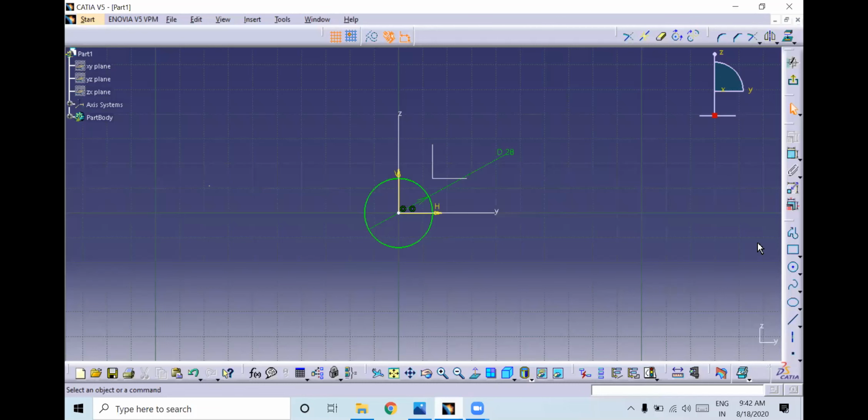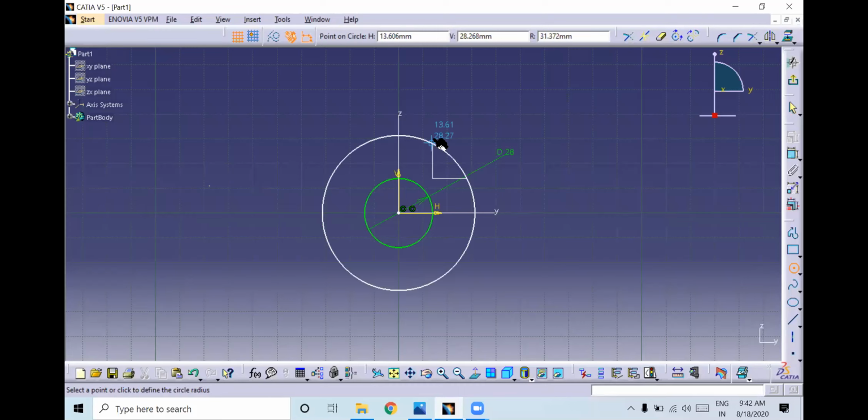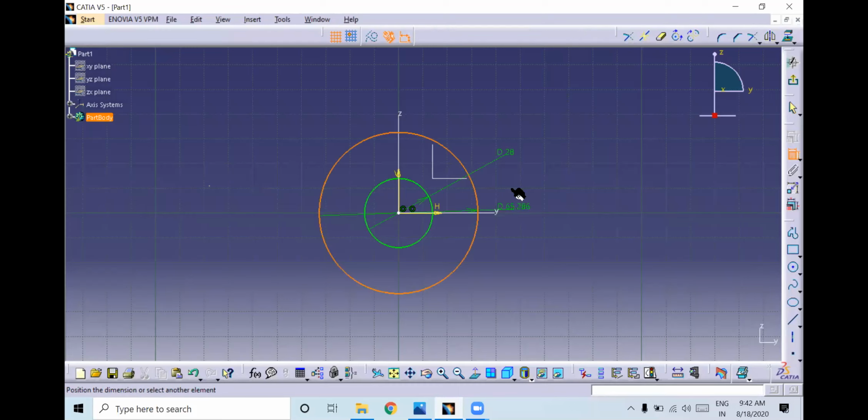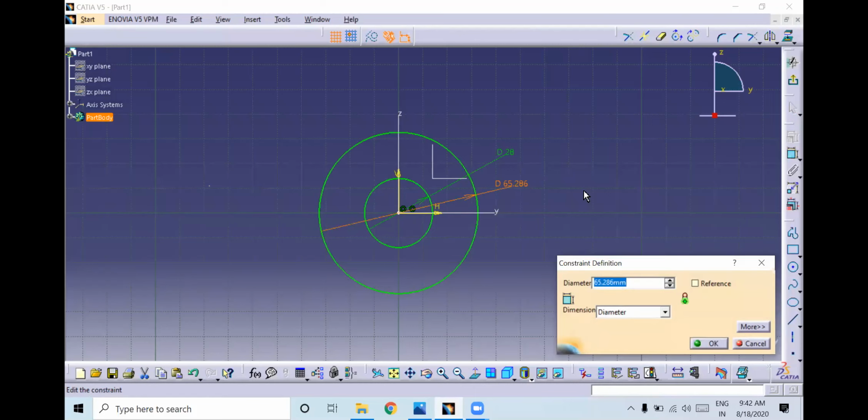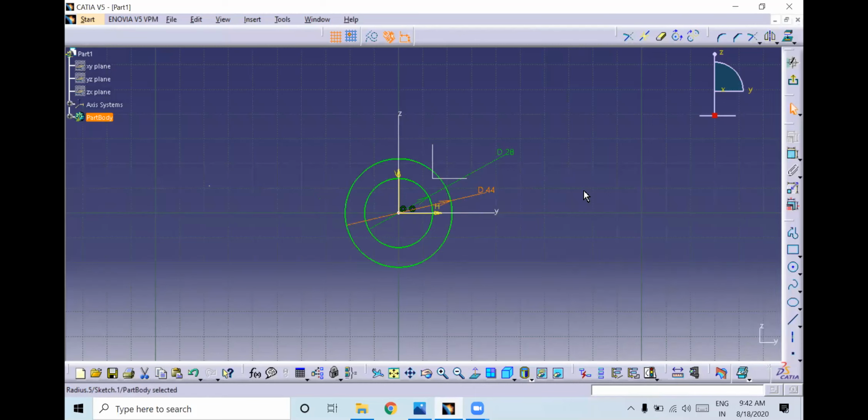Again, I am selecting a center point and going to dimension. What is the dia? 44, right? And this is a dotted circle, right? How to convert this profile to a dotted line? Select this profile, and here we have construction or standard element. Click on the construction and standard. See, it has been converted. Again, you need to switch it off; once you click outside, you need to click here. Got it?